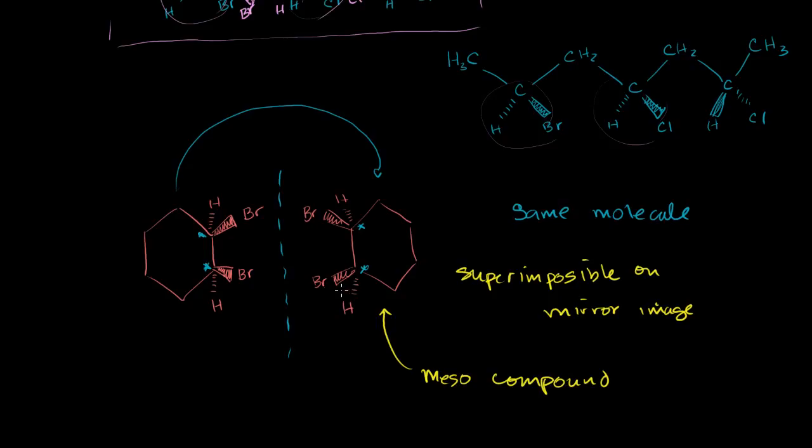And the way to spot these, fairly straightforward, is that you have chiral centers, but there is a line of symmetry right here. These two sides of the compound are mirror images of each other. Now, these would not be the same molecule if I changed that to a fluorine and I changed that to a fluorine. Then all of a sudden you do not have this symmetry. These are mirror images, but they would not be superimposable. So if that was a fluorine, these would actually be enantiomers. And this would not be only one meso compound. It would be two different enantiomers, and one of them would have an R direction, and one of them would have an S direction if we go with the naming conventions that we learned in the